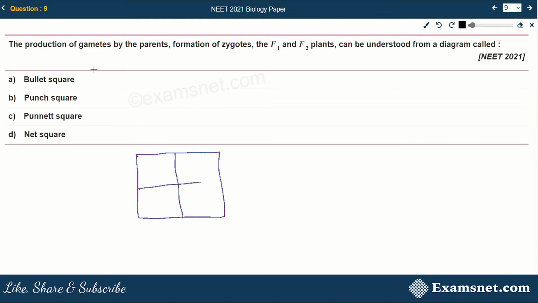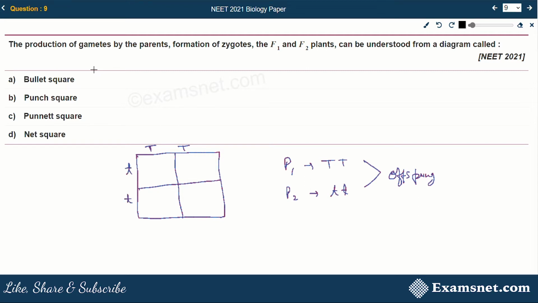That means if we have two parents, say P1 and P2, and we know the genotypes of both the parents. Suppose the genotype of the first parent is capital T, and the genotype of the second parent is small t. Then with the help of the Punnett square, we can find the expected percentages of different genotypes in the offspring of these two parents. So let's see how we do this. Suppose, see, this is capital T. So we write the genotype of parent 1 here, capital T. Similarly, we write the genotype of parent 2 this side, small t.